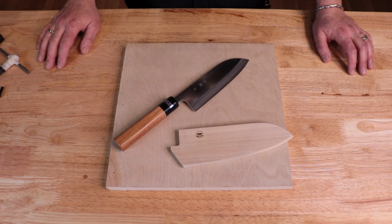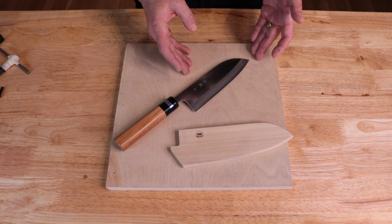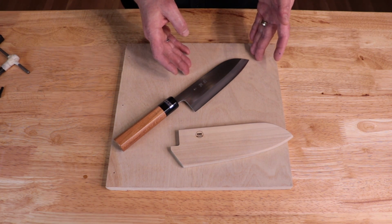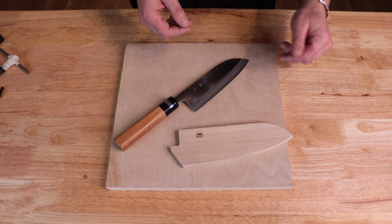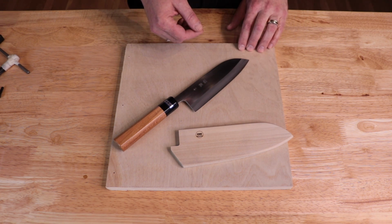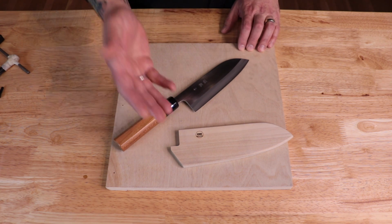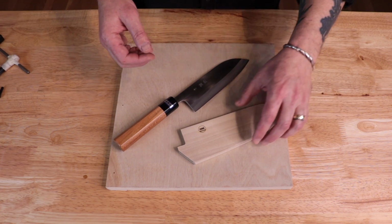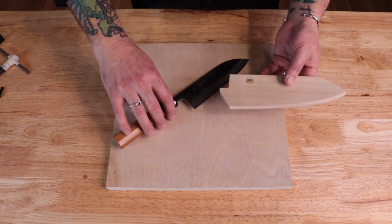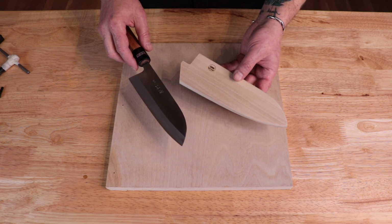All right, so one thing to note is that just as knife geometries are not really universal, it's hard to find a universal saya that will fit every knife. So not every santoku will fit in its santoku saya, 210 gyuto, etc. So it really does help to have both of them on hand to fit together to make sure that